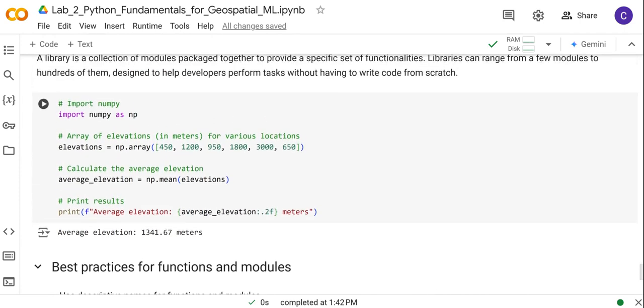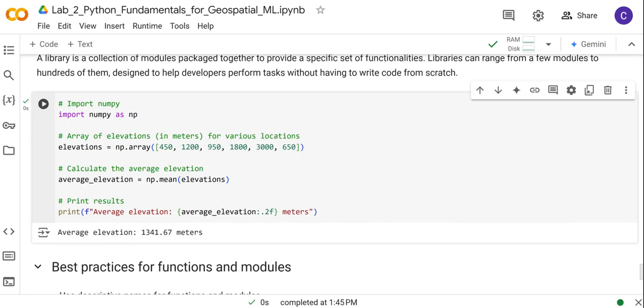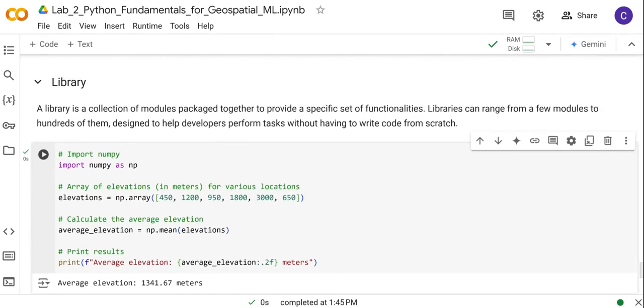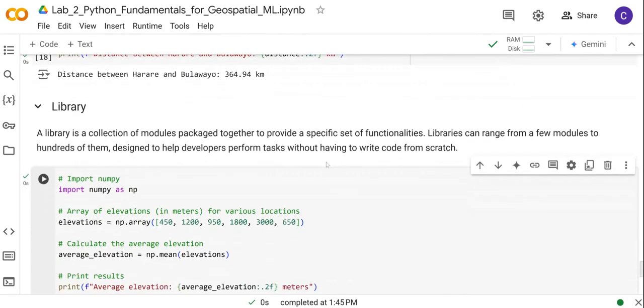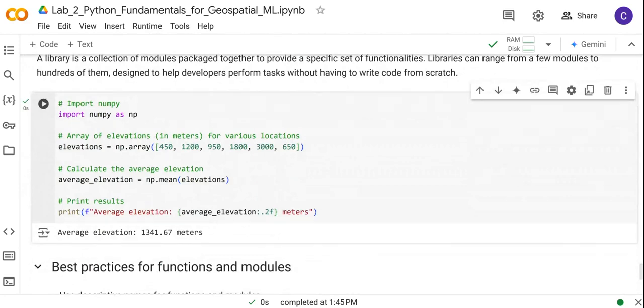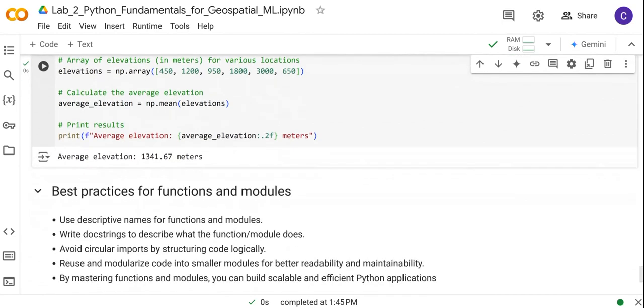Right, just an example here: we are going to use the NumPy library to do a simple calculation, just to calculate the average elevation. So here we have an array of the elevation, and next we just call the mean, which comes from the NumPy library. So if we run this code, we get our average. Okay, so we will talk a lot about libraries again, because these are quite important as we progress with our